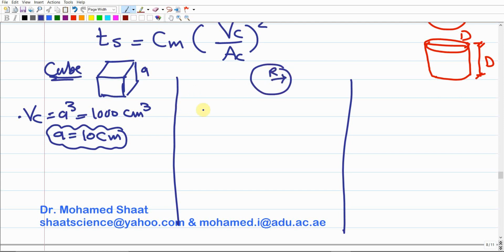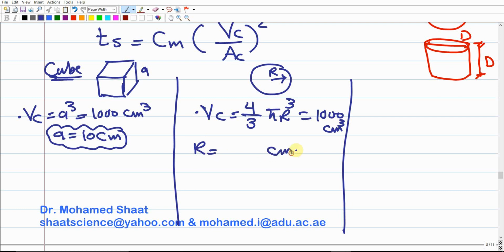How about the second casting, which is the sphere? The sphere has a radius of R. The volume of the sphere is 4/3 pi R cubed, if you remember this expression, and this should be 1000 centimeter cubed. So simply we can end up with R in terms of centimeter. R is 6.2 centimeter if you did the calculation. This is 1000 divided by 4 times 3 divided by pi, to the power 1/3, which gives us 6.2